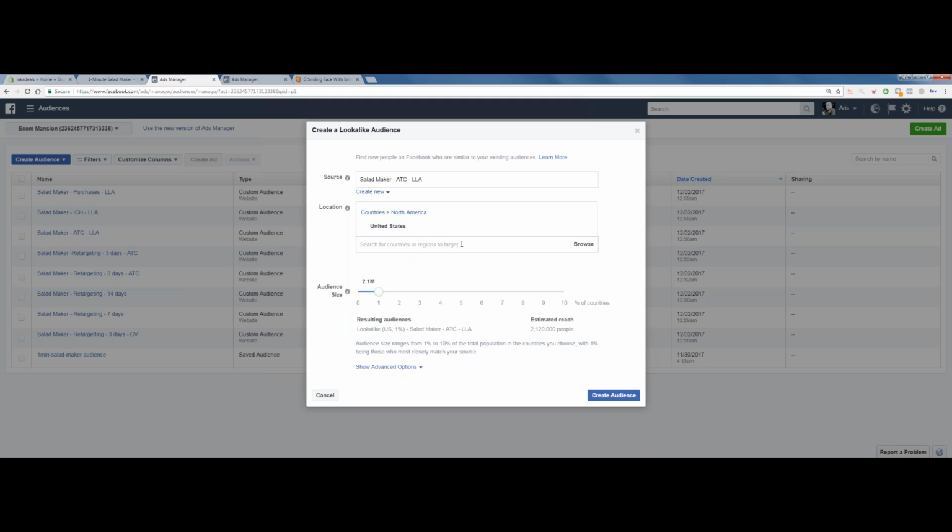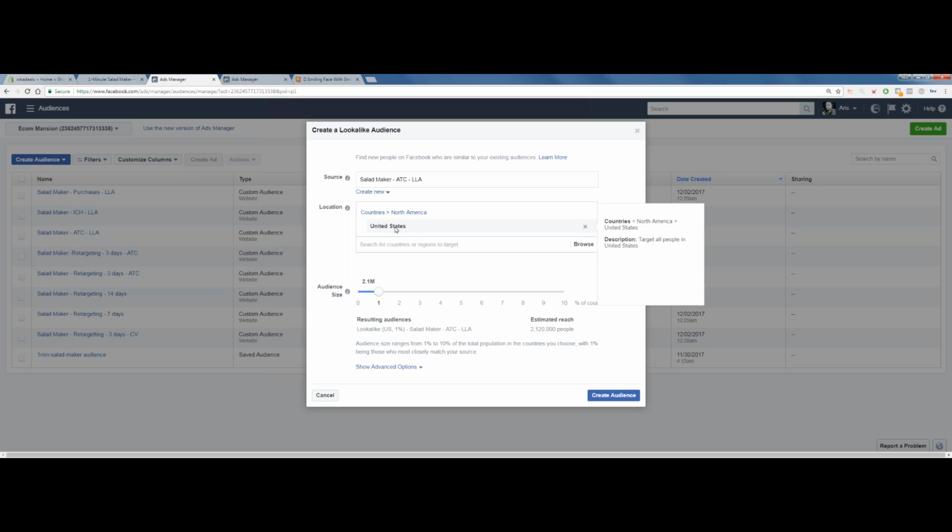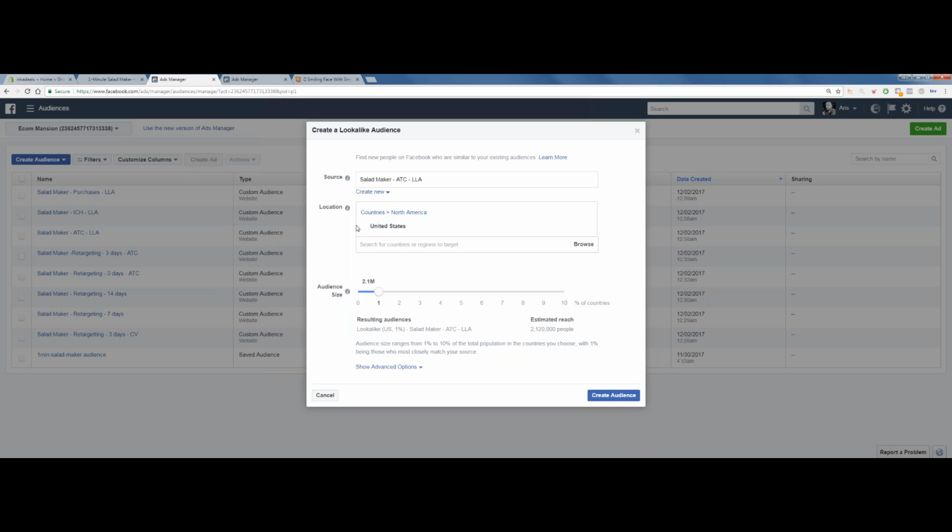So it could be from India, China, Australia, it doesn't matter. We want people from the US that look like the people that we've populated in this audience. Is that clear?